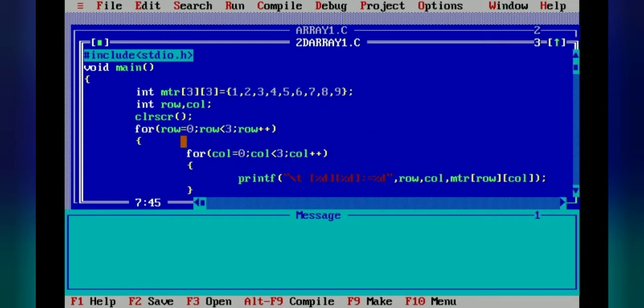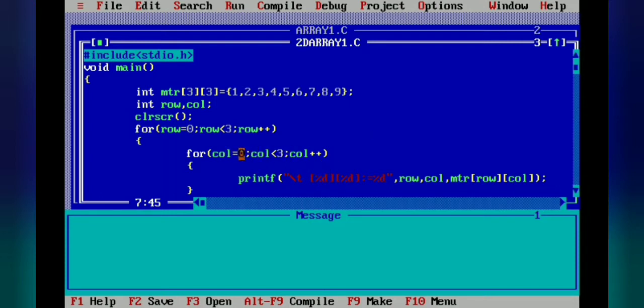Our row index begins with 0. The ending condition is row less than 3, because we want to store 3 rows, and next is row plus plus. First it will create the row, and then in the row it will generate the columns. So now column equals 0, column less than 3 and column plus plus.